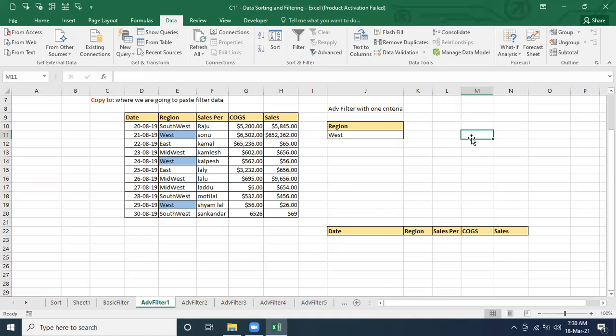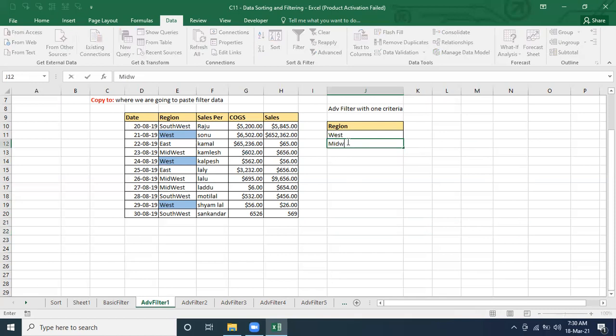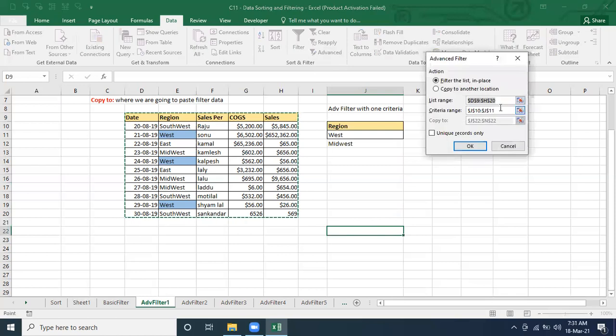And the next thing we are going to talk about here. Now, if you want both from the Midwest, okay, from the Midwest, then how are you going to do it? Very simple. We have to go to Advanced, select, and extend the criteria.